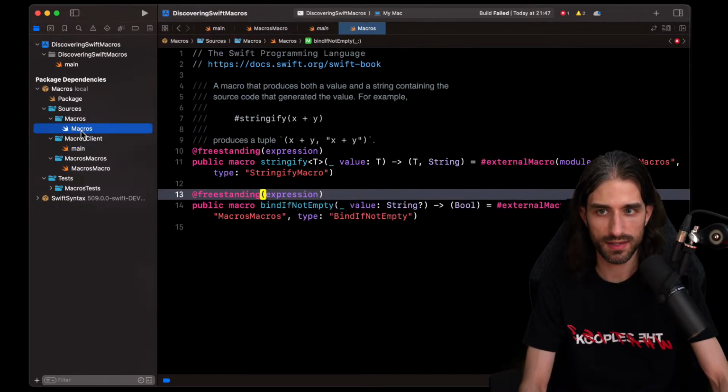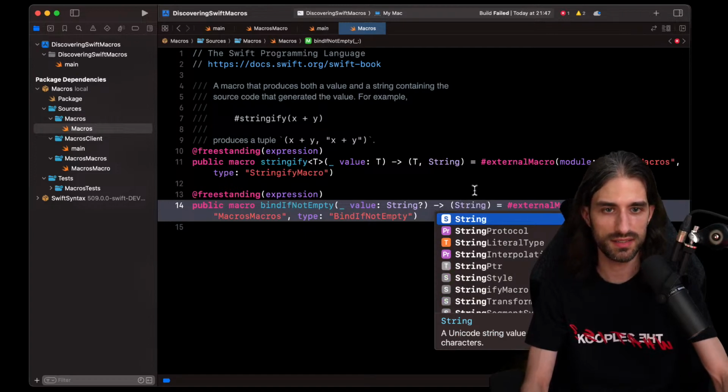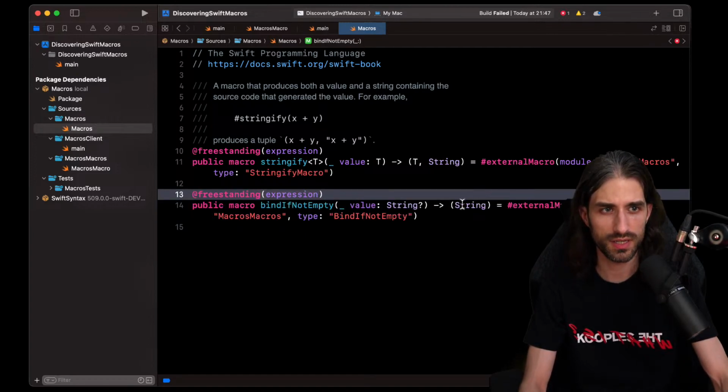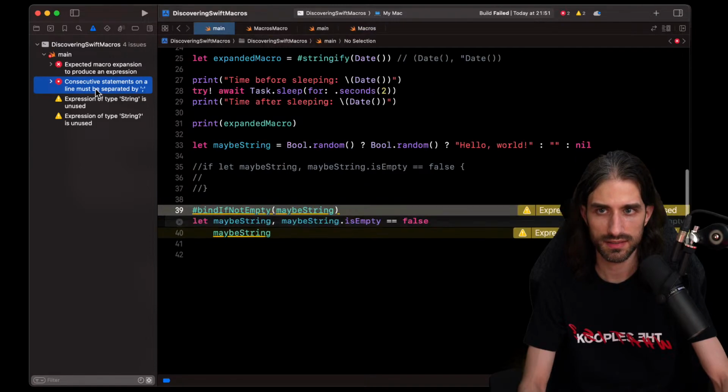Yeah, because the part that is not clear for me is when you say that this returns a string, is this a string, or is this Swift code that is in string form? I don't know if you see what I mean by that. So let's try and build this.